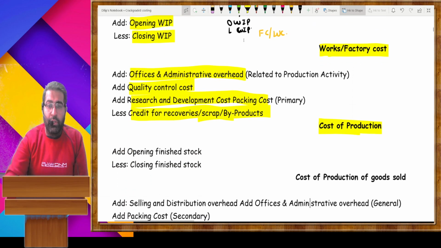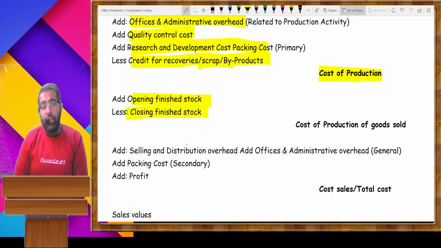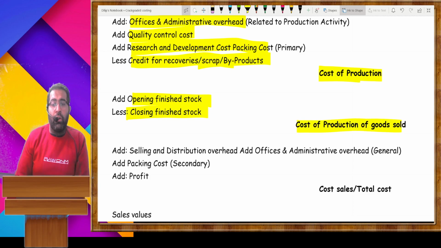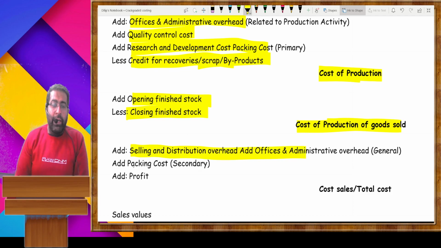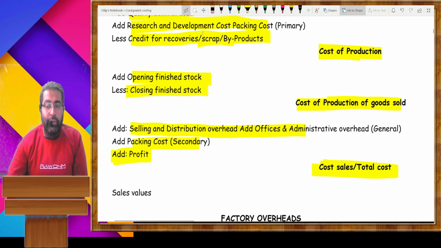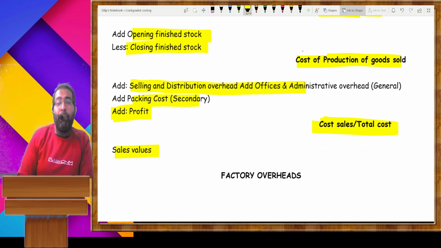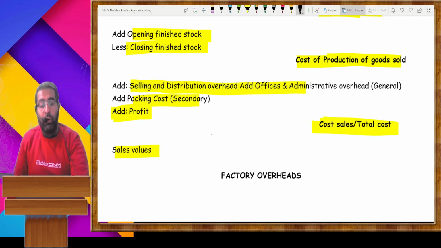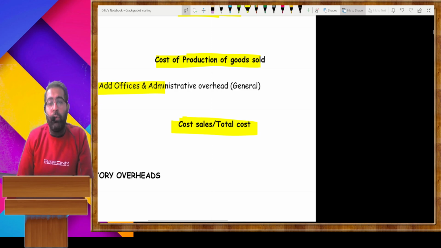In the cost of production we add opening finished goods less closing finished stock. Then we arrive at the cost of goods sold. We add all the types of selling expenses, add packaging cost, and thereafter we add profit. Then it is regarded as total cost, and thereafter sales value would be there. Okay, these are simple four things, a simple format of cost sheet. It is the overall, but what you have to do,